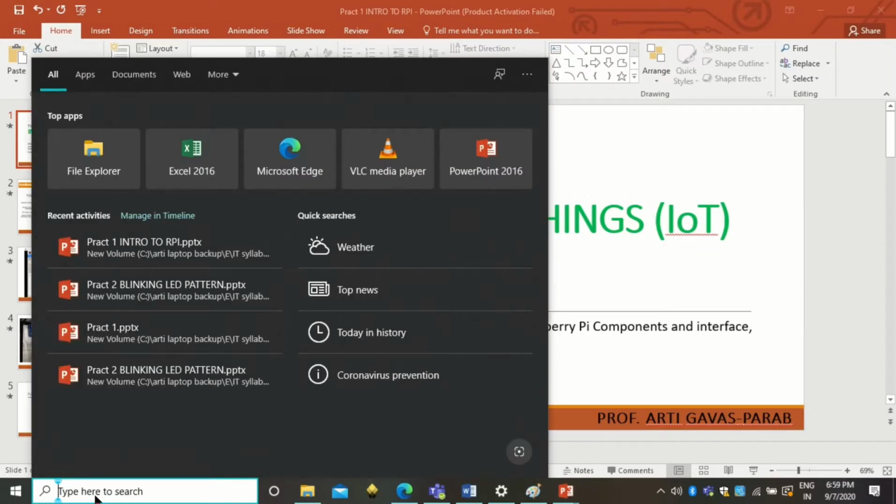So here I'm going to tell you how to connect your Raspberry Pi microcontroller to your laptop or desktop computer screen. To do that, you should first know the IP address of your Raspberry Pi microcontroller. Remember, your Raspberry Pi microcontroller needs to be connected to the same Wi-Fi with which your laptop or desktop computer is connected. So to start with, type here Advanced